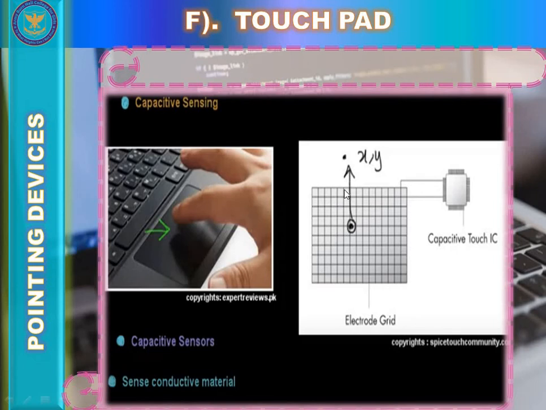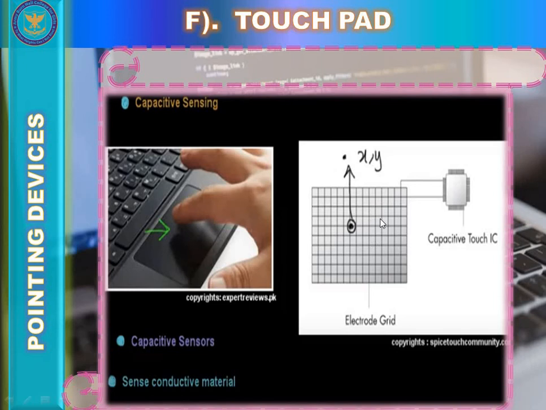This matrix is basically showing the grid of wires arranged in the form of a matrix. These are horizontal wires, showing the x coordinates, and these are vertical wires, showing the y coordinates.